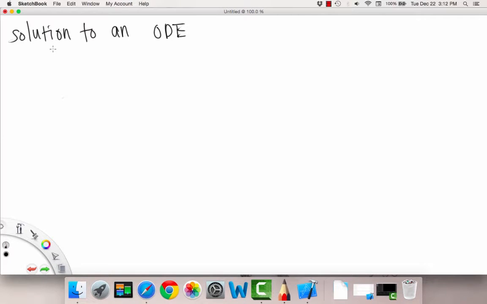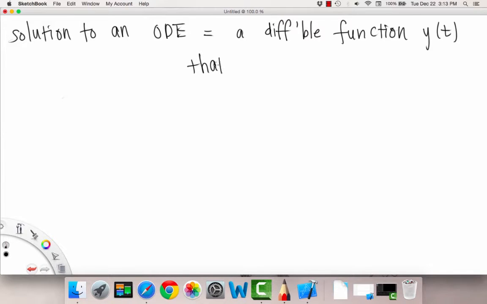Okay, so now we're going to get into the good stuff. So what is a solution to an ordinary differential equation? This is basically going to be a differentiable function, usually called y of t or x of t or whatever variable they're using for your function, that satisfies, and we'll go over what satisfies means in this context of ordinary differential equations,